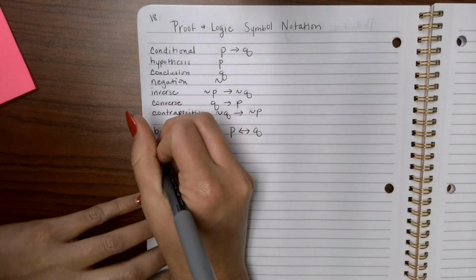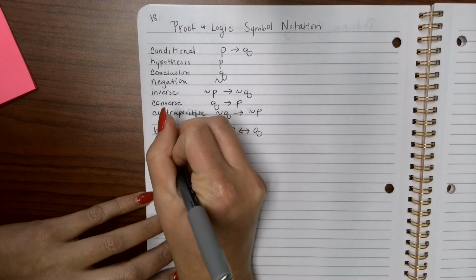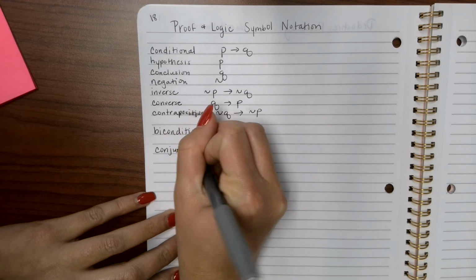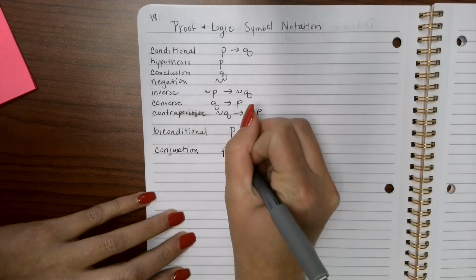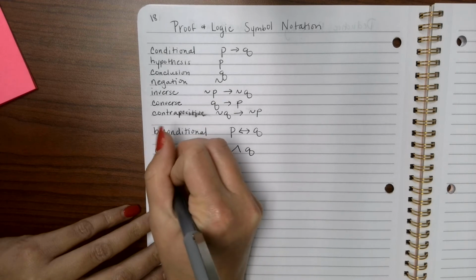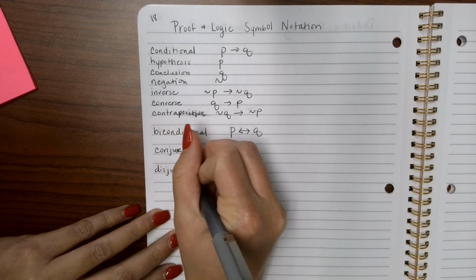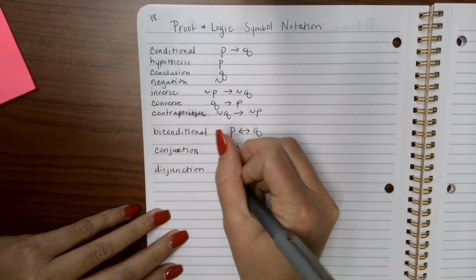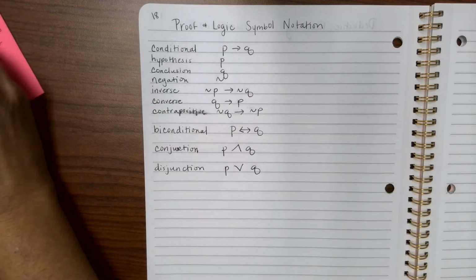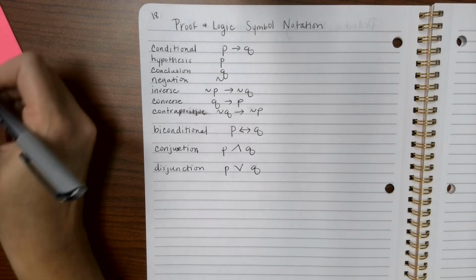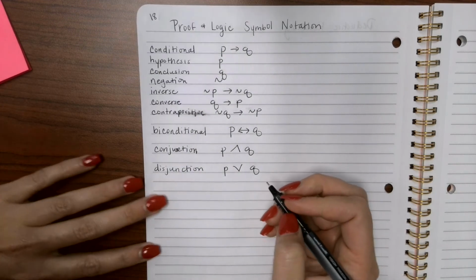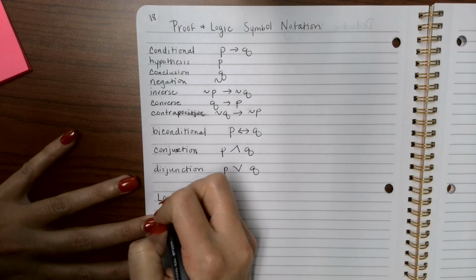A conjunction looks like this. P and Q. A disjunction looks like this, which means P or Q. And the last two things we've learned. The law of detachment, which says this. The law of detachment